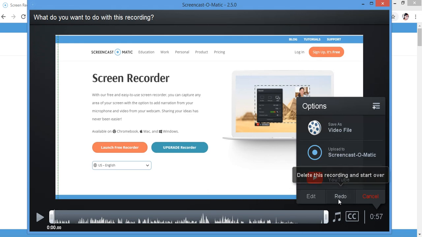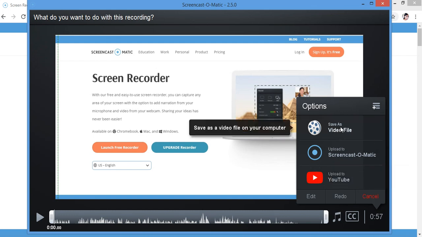If you want to redo, you can delete the full recording. The delete option we have while recording is shown again after completing the video also. If you want to redo, it will start again from new. If you want to cancel the recording, you can click the cancel button.